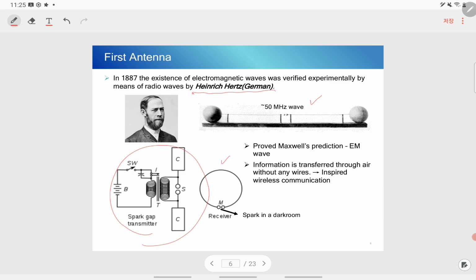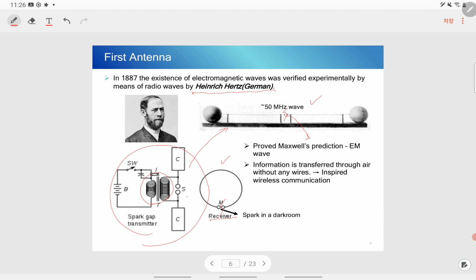Basically, from this kind of transformer, he excited a very high voltage to this antenna. This is the antenna, so a spark is generated. And when this spark is generated, EM wave propagates, and then on the receiver side, with the ring, he found a spark